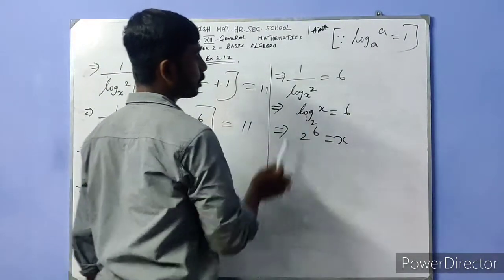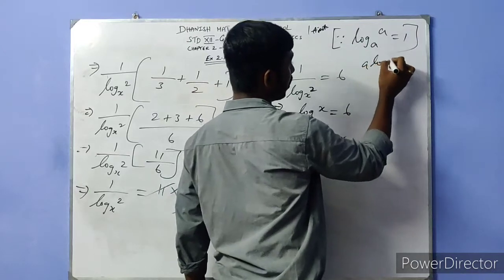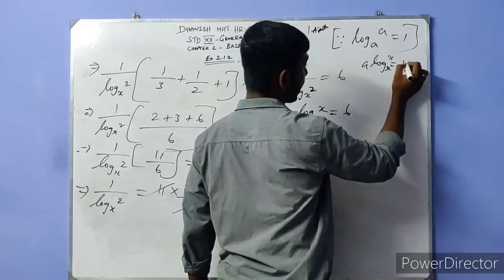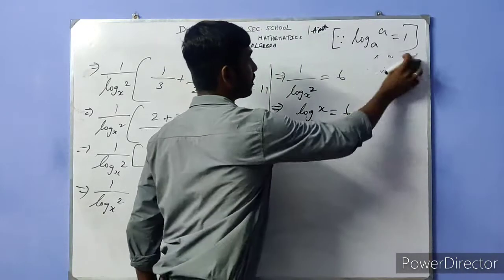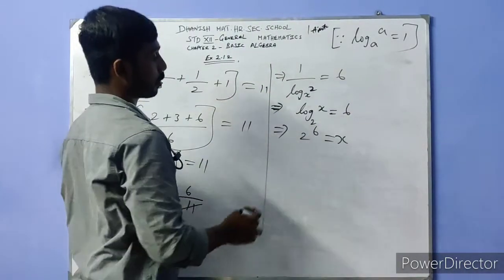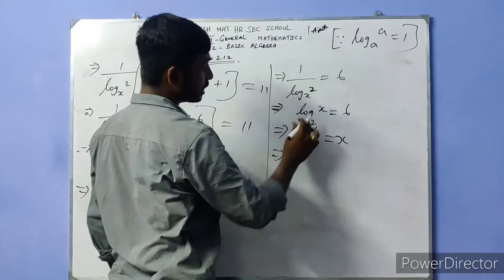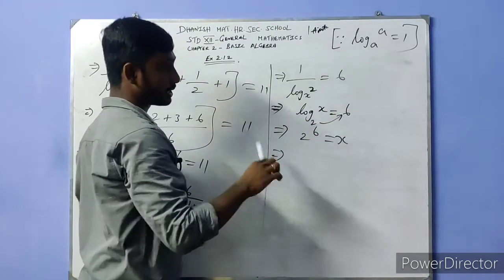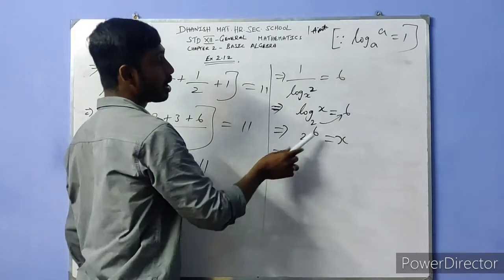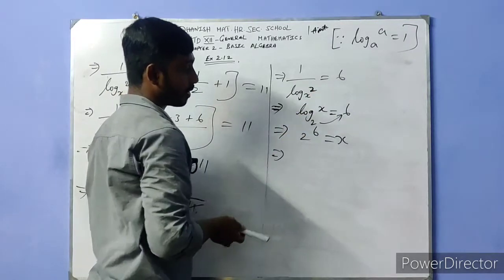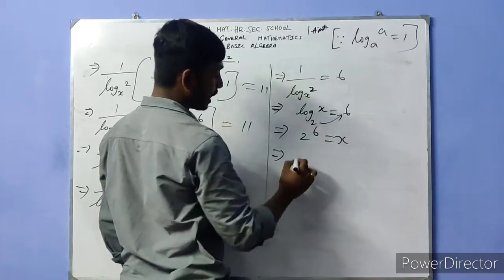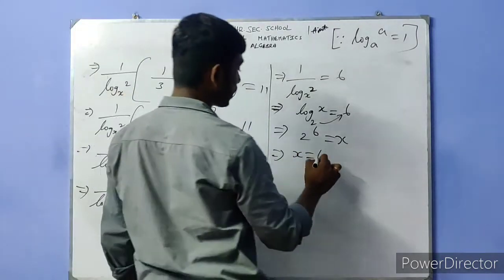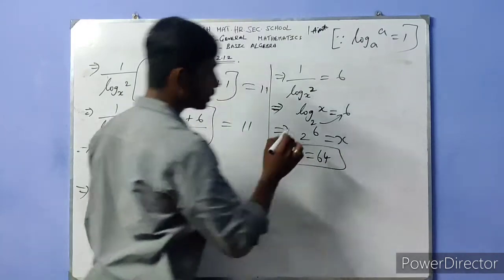We are using the log power of x property. What is the value that we will use here? The first property we are using here. This will go to that side. This log will go to that side and change into its reciprocal. Log 2 changes, and 2 will go into the power value. So 2 power of 6 equal to x here. So what is the value of 2 power of 6? That will be 64. 64 is the answer for this question.